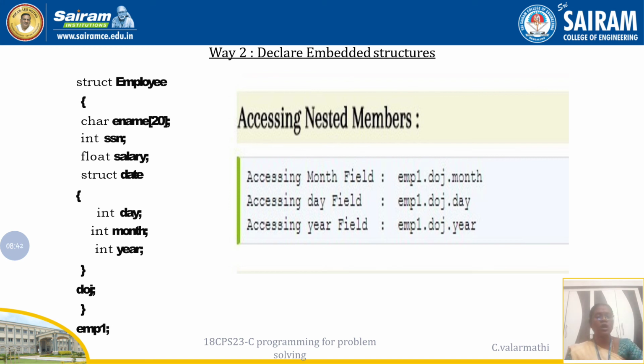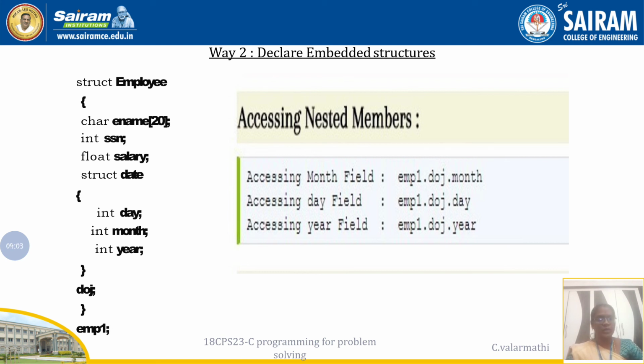I am repeating once again how I am using it. The first 3 members are declared. Coming to the 4th member, that is date, instead of going for a separate structure, I have declared the structure for date inside the employee. It starts with the keyword struct date.